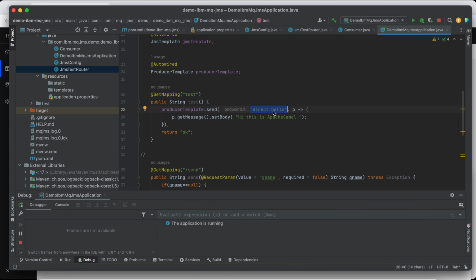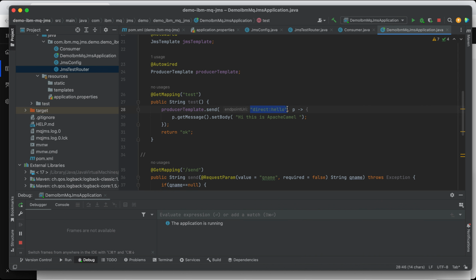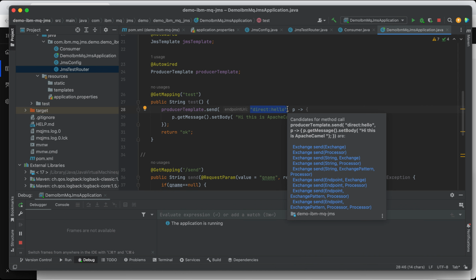This endpoint will be redirected to JMS. Take note, this producer template is Apache Camel, it's an Apache Camel API. We use this API to send a message to JMS. So what message do we want to send? This dummy message we send to JMS using Apache Camel. How do we do that? By sending this message to this endpoint, which is defined in our Apache Camel.